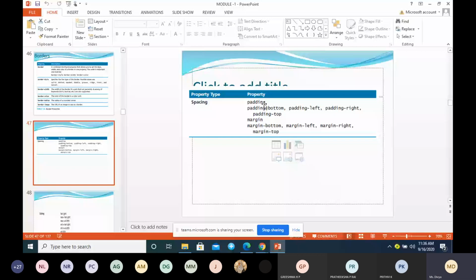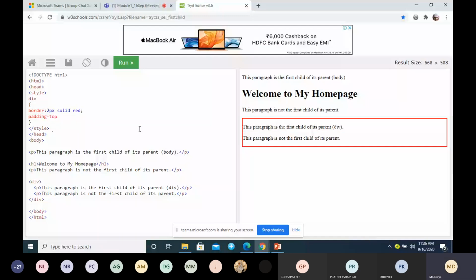First I'll give padding top. That is the space between the content top and the border. For padding top, I'm giving 10 pixels. Look at the difference, can you see the space change?